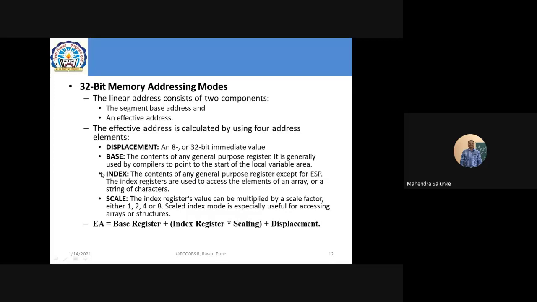So in that case, this index field is to be scaled by the size of your array element. In that case, it will be 2, right? Now, how will it work? Initially, as I told you, index is 0. It will be scaled by 2, so 2 into 0 will give you 0. So it is pointing to the first element. Now, if I increment index by 1, it will become 1, and my scaling factor is 2. So 2 into 1 is 2. So ultimately, my index will point to the third byte of my array, right? 0, 1, and then 2.